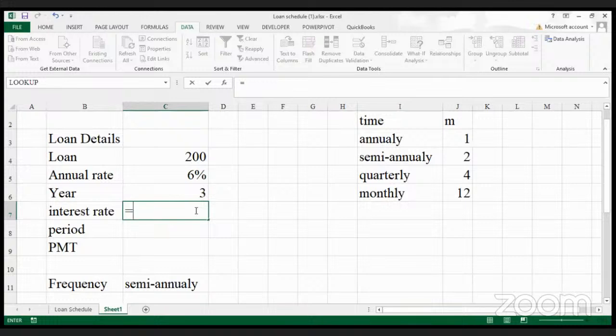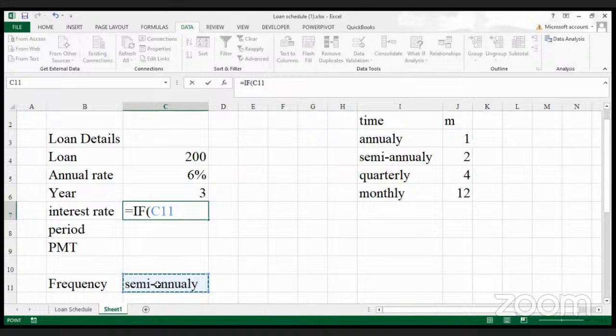Very simple. Just say equal to IF. For the test, we are saying if this one here, the frequency key, which should be fully locked because you're not going to move away from it,